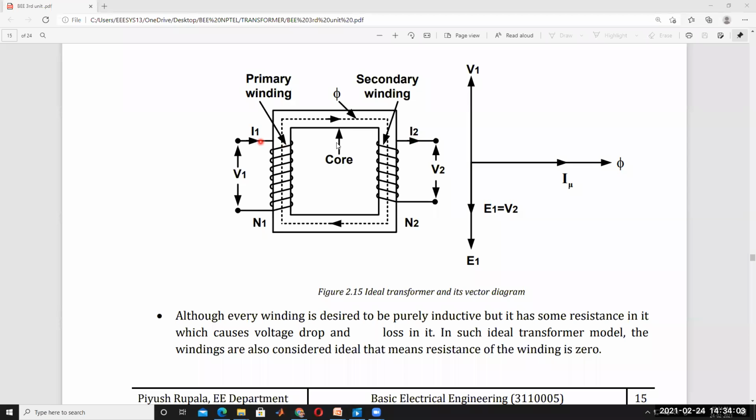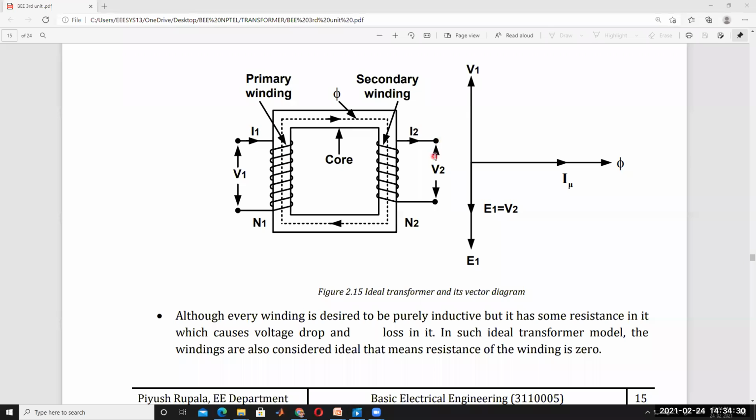You know well, I1 and I2 are proportional. V1 I1 is equal to V2 I2, because input power is equal to output power in a transformer. So I1 is proportional to I2. When current I2 is equal to 0, similarly the primary current I1 is equal to 0. But this is only the ideal condition. Practically, the current I1 is not equal to 0. That current is called no load current, I naught.